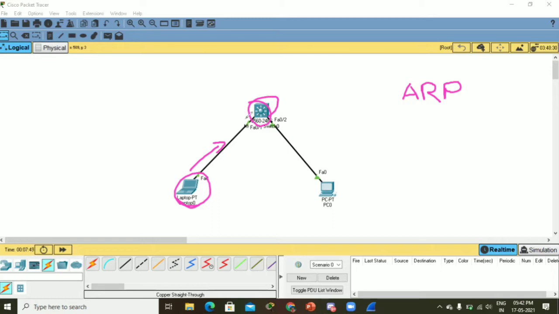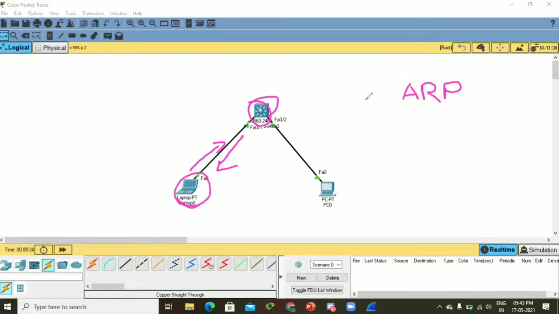Only the intended receiver of the ARP request will send a reply, the ARP reply, which is a unicast. The ARP reply will be from the default gateway. So the laptop will receive the ARP reply and it will see the MAC address of the default gateway. So this is how they work.